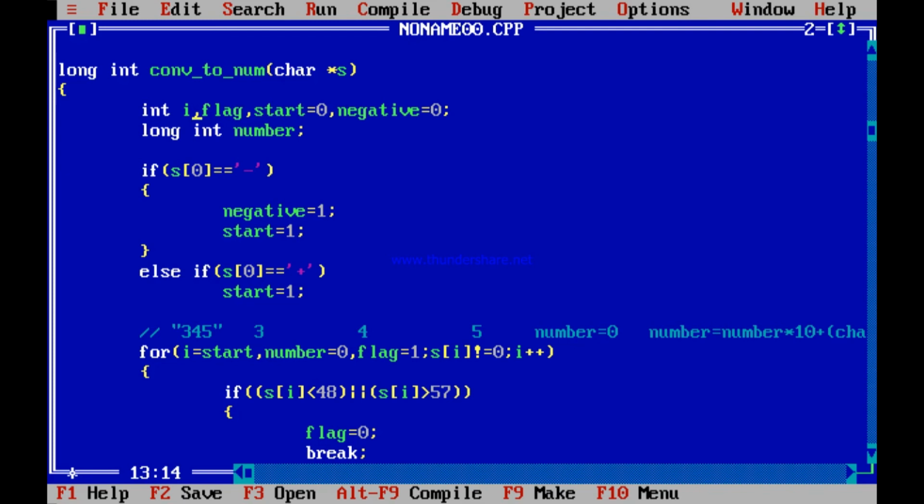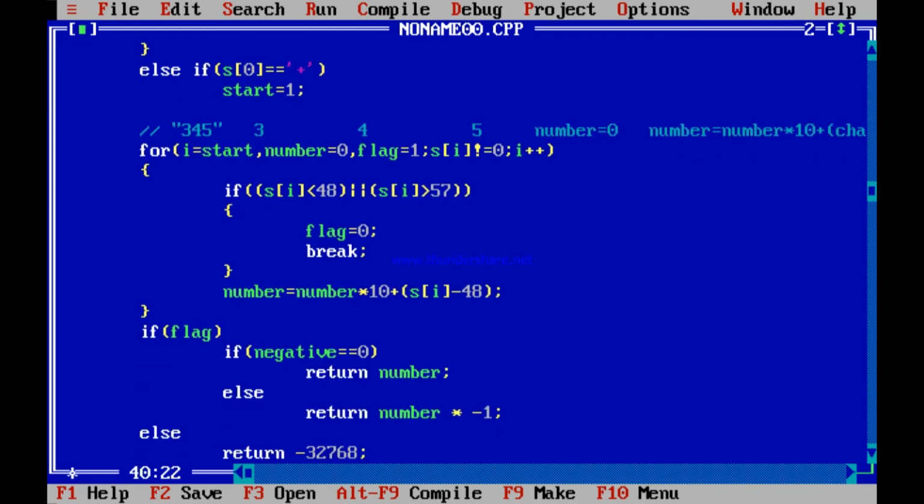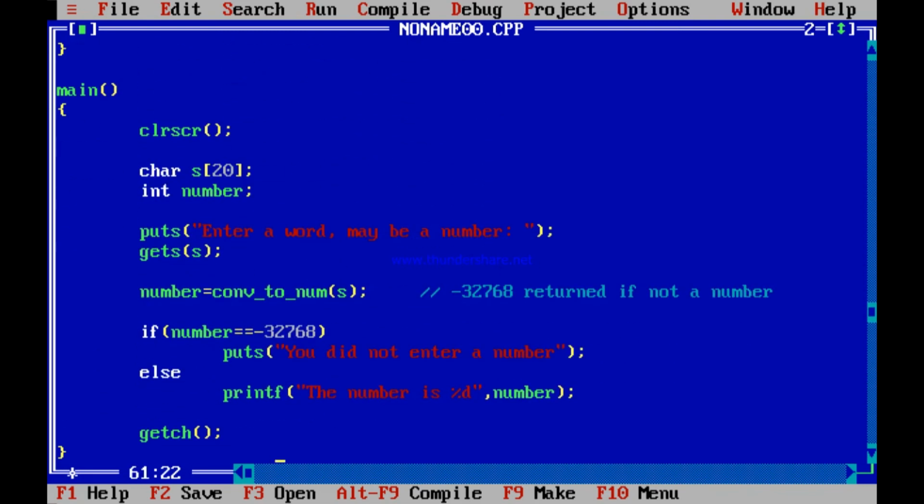But I can also be int because I is only varying up to the length of the number. Say 345, it is only 3. I can go up to 1, 2, 3 maximum, or 0, 1, 2 maximum. So I is int again. So number has to be long int. If I declare number as long int, the rest of the thing is absolutely fine. I am dealing with numbers, I am returning those, so long int is fine now. So over here also, the number where I am receiving it should be long int, so that I can deal with bigger numbers.